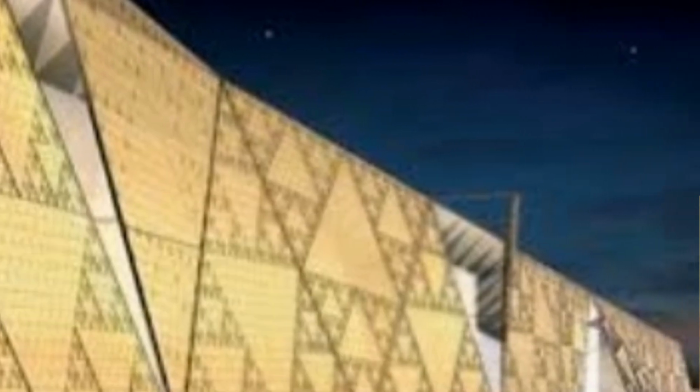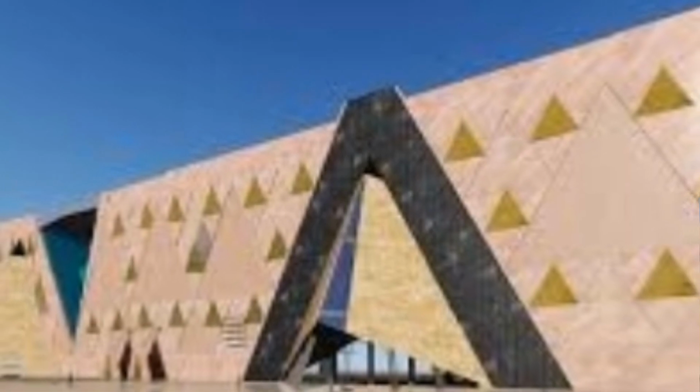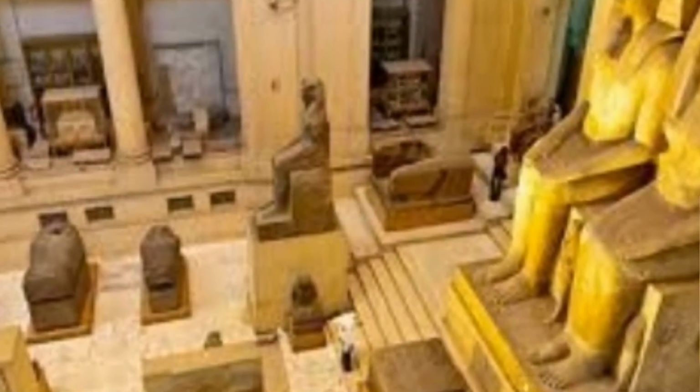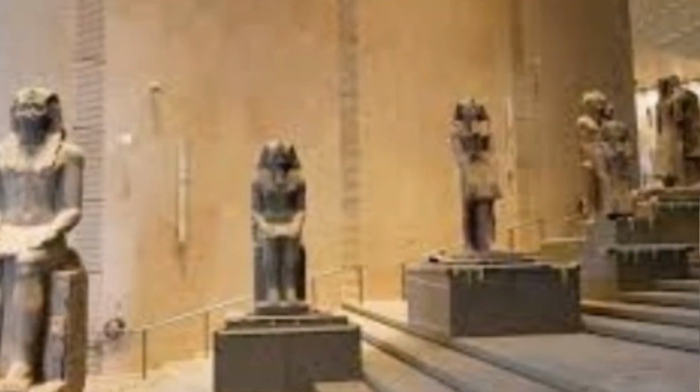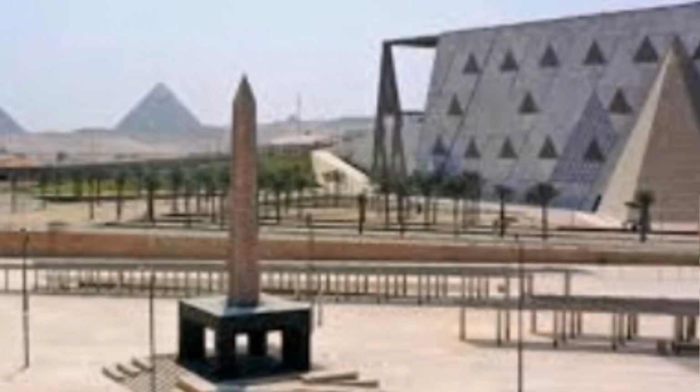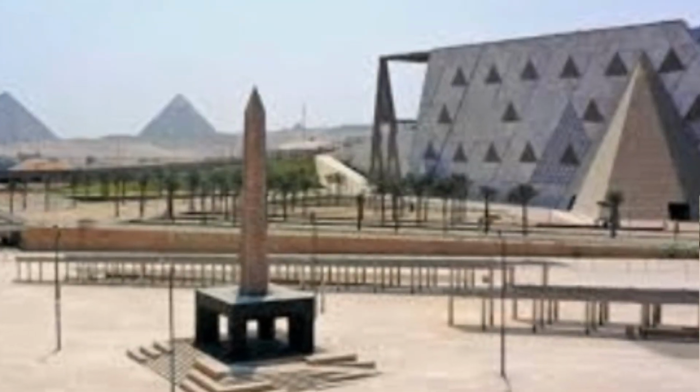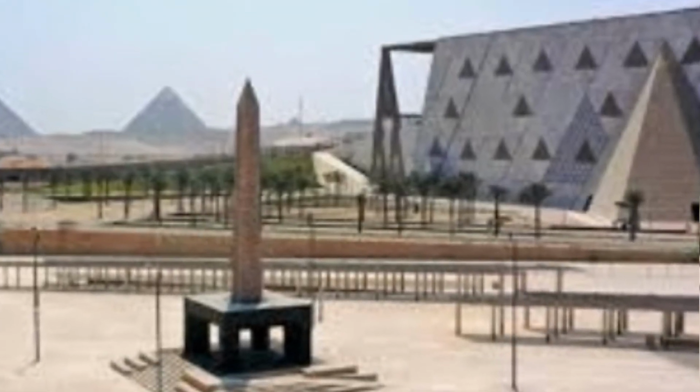The Grand Egyptian Museum is located just 2 kilometers from the Giza pyramids, on an area of more than 500,000 square meters, and displays the largest collection of Egyptian antiquities in the world, which makes it a gateway to Egypt's past, present and future. The Grand Egyptian Museum also displays the ancient Egyptian civilization, starting with the Hanging Obelisk Square,